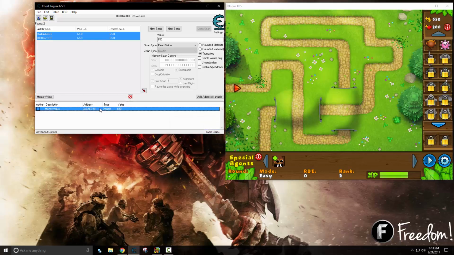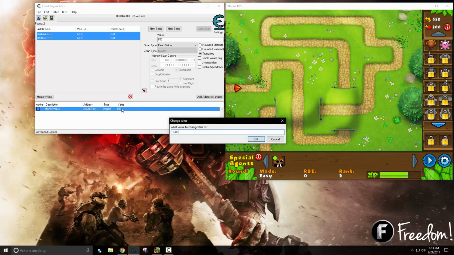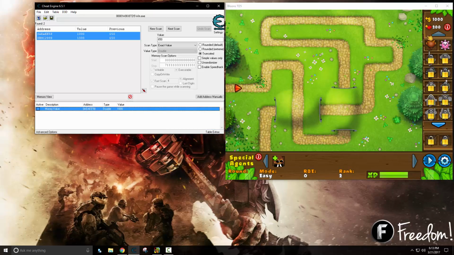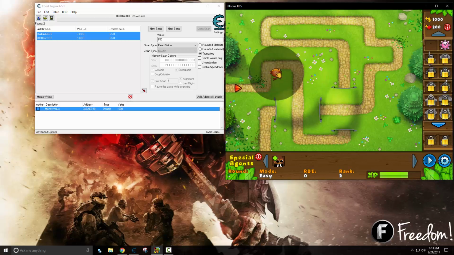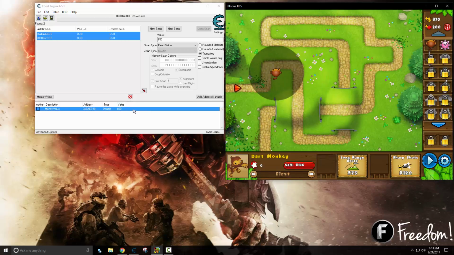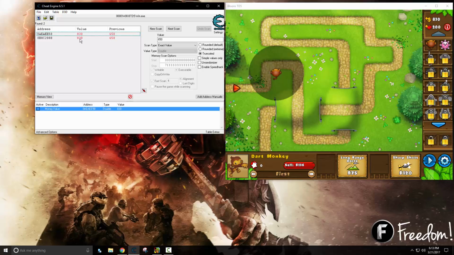Alright, so now that we have our money value, we're just going to make sure by changing it real quickly to something and try changing it in game. As you see, it is updating on both and keeping the exact same value. It is also changing the display value to what the real value is. So now that we have these 2 values, we can go ahead and